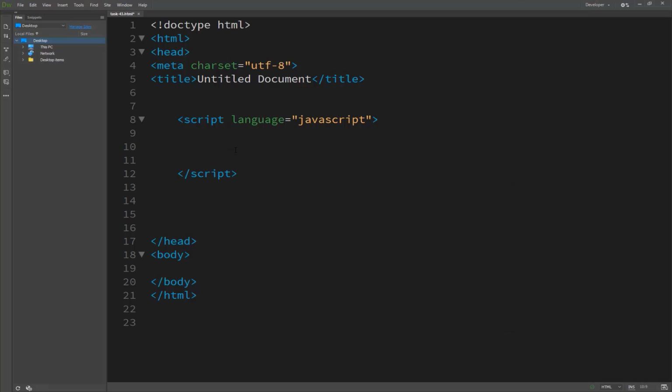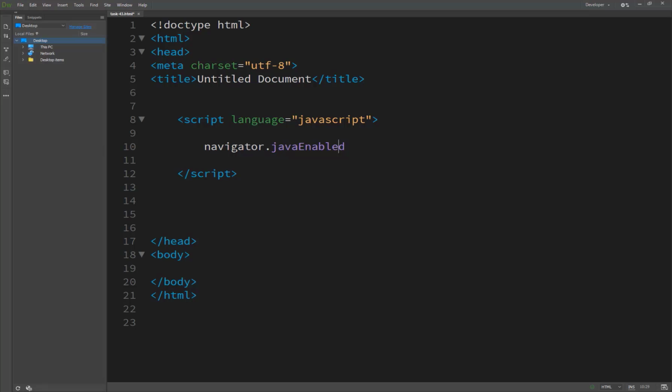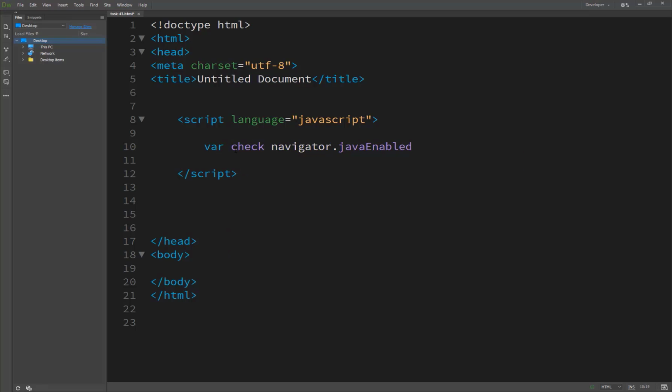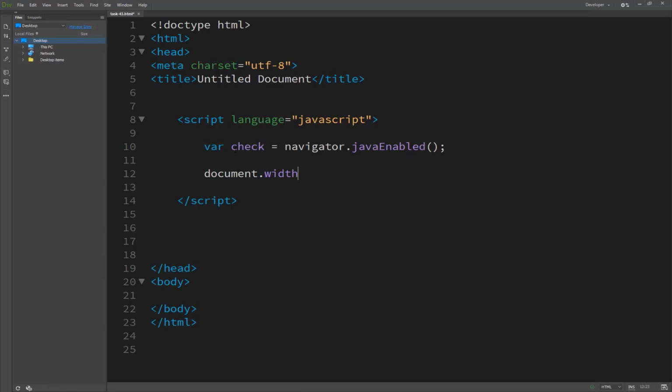Its function is navigator.javaEnabled. First of all we create a variable and name it check, equal to navigator.javaEnabled, and using this method we get our result, whether Java is enabled or not in our browser.